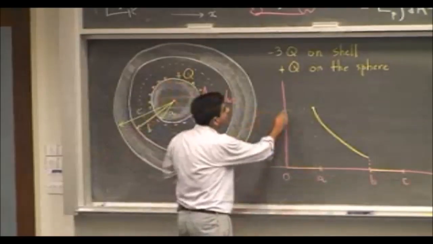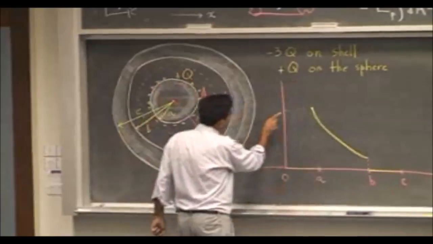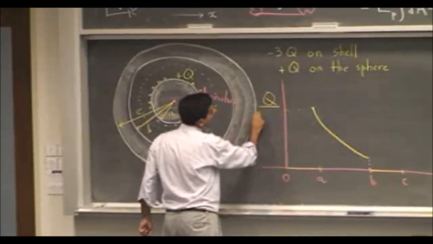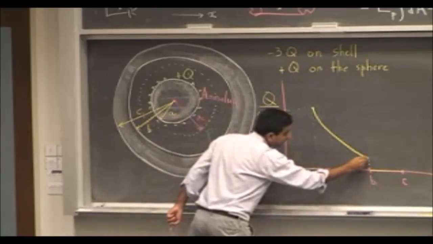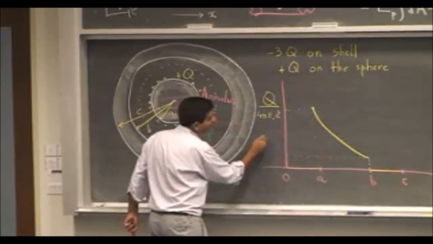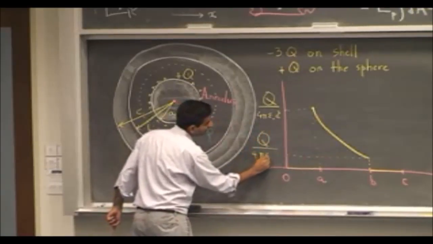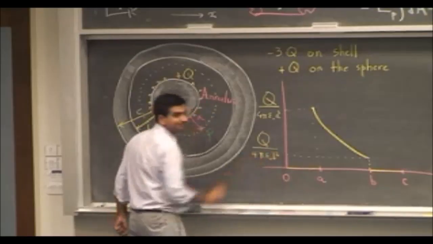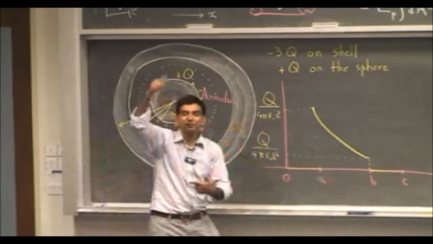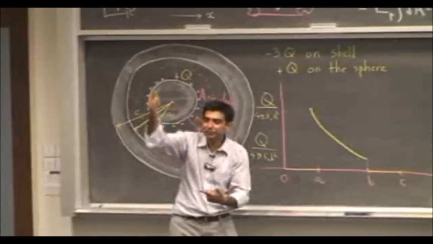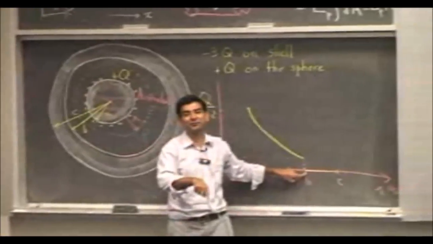So here the electric field is actually going to be equal to, can anyone tell me what the electric field here is? Q over 4 pi epsilon naught a squared. What's the electric field here? Q over 4 pi epsilon naught b squared at this radius b. And the electric field has a 1 over r squared dependence in accordance with Coulomb's law or Gauss's law. Here the electric field again drops to 0,